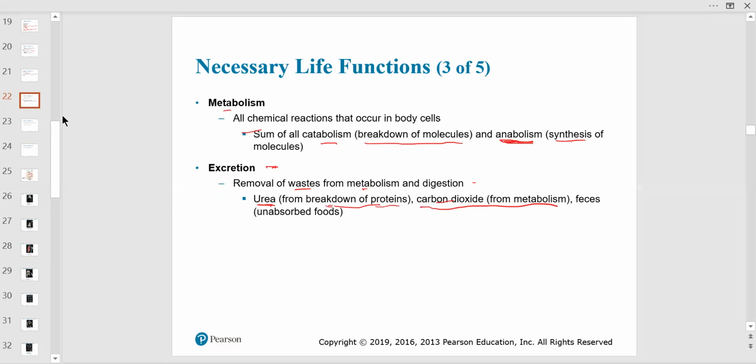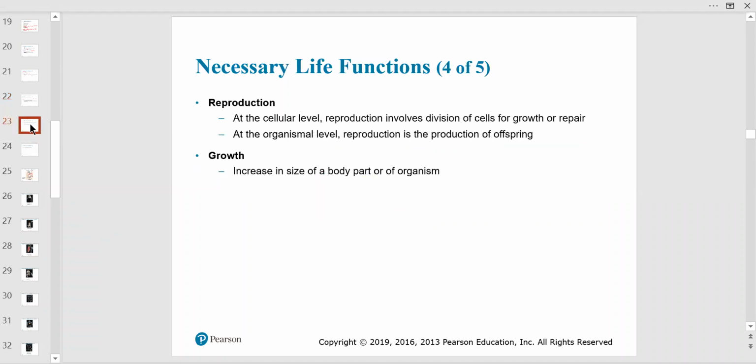And of course, urine and feces is digestive excretion. So that's a process, and you don't want those building up. You don't want too much nitrogen. You don't want too much bacteria in your system. So that's part of the necessities of life, getting rid of those.